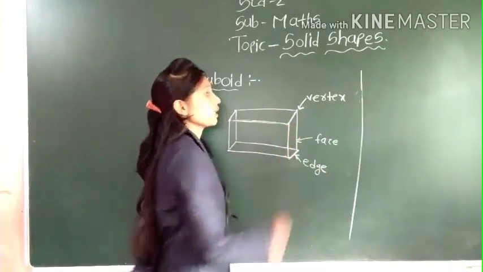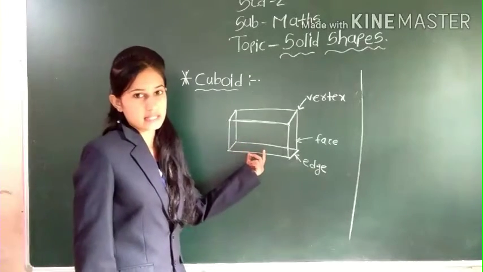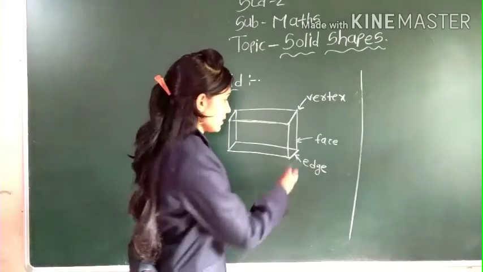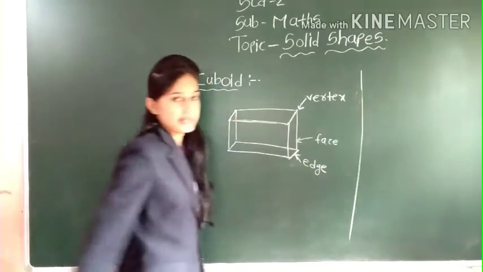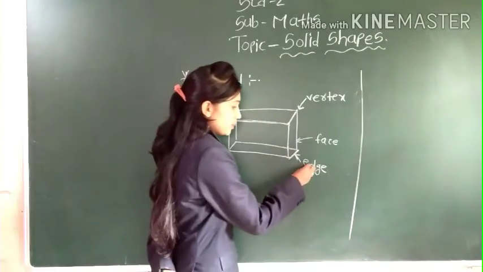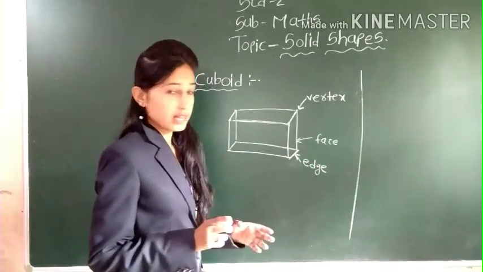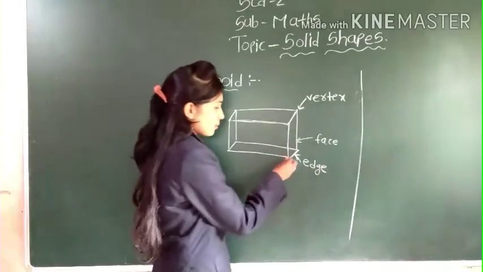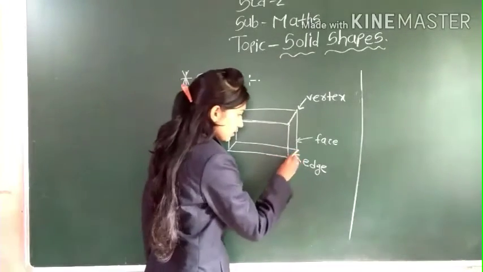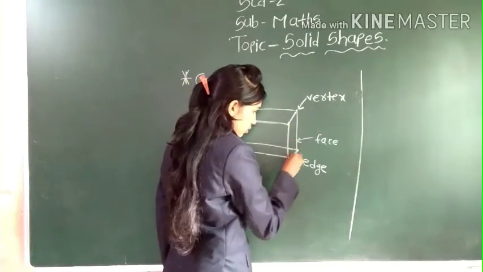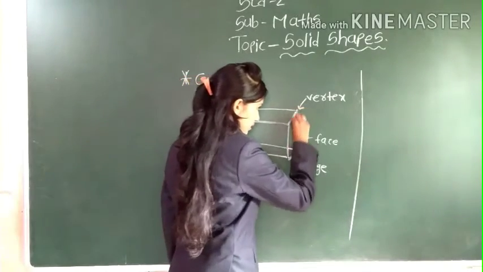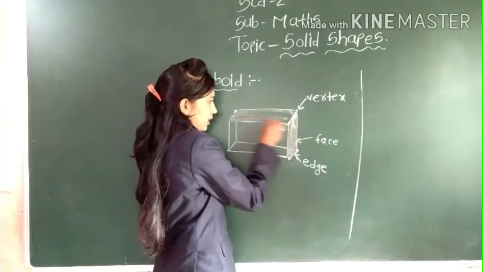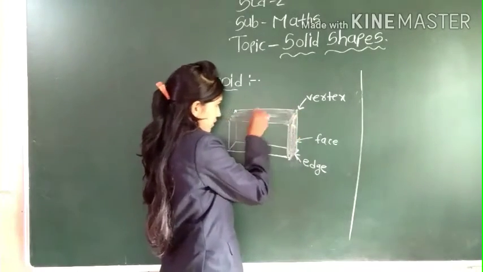It has 8 vertices, 6 faces and 12 edges. An edge is where two sides of an object meet. यहाँ पे जो two sides यहाँ पे मिलती है उसको क्या बोलते हैं? Edges. And this is the plane shape. क्यूबॉइड के ये 6 फेसेस होते हैं और ये फ्लैट फेसेस is a plane shape or face.